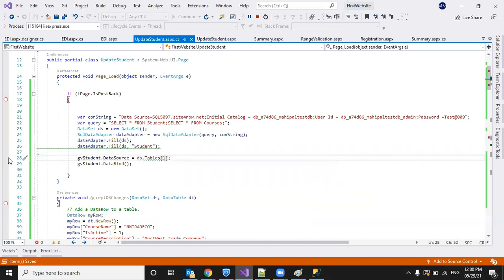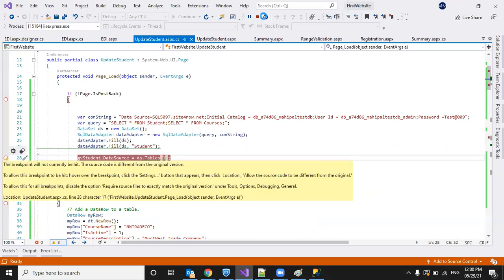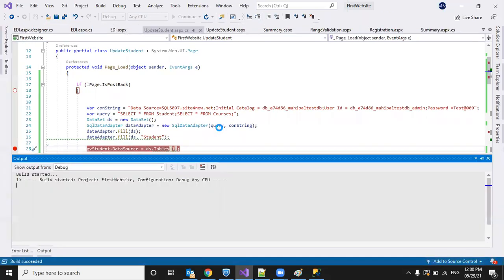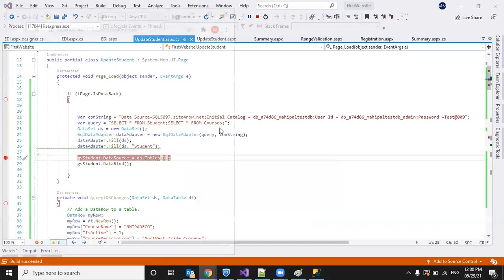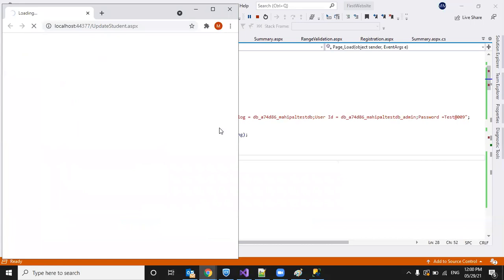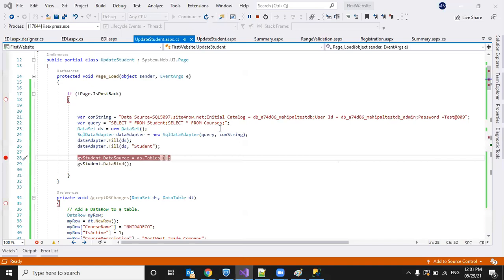Let me show it. Now I want to bind the courses table. Let's check inside the data set.